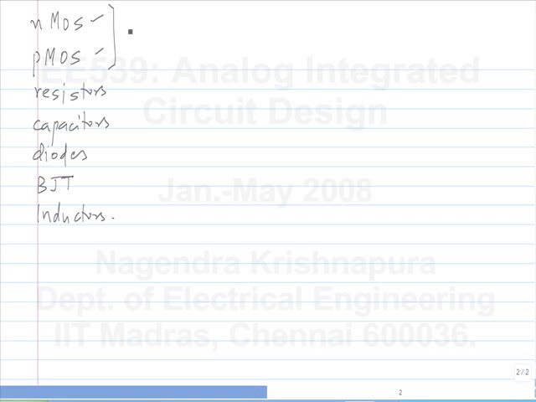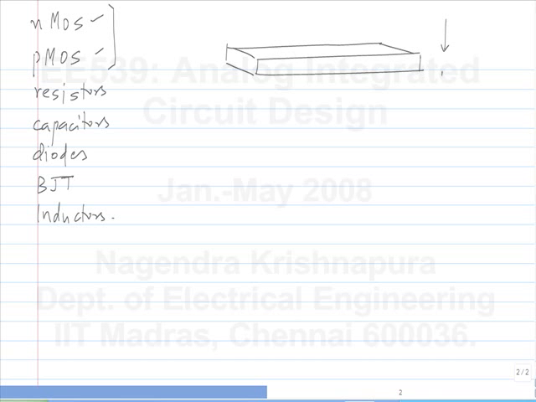Of course, you can use MOS transistors in the linear region as resistors, but you can even make a more conventional resistor by having, let's say, a bar of poly. Again, you have no control over the thickness. This is the length and this is the width. Length and width are defined so that the current flows along the length. So what is the resistance of this?